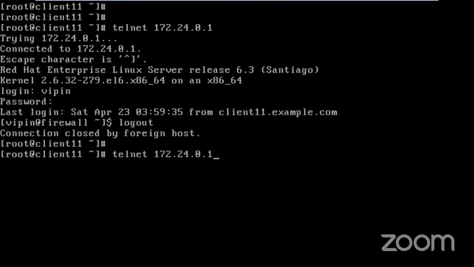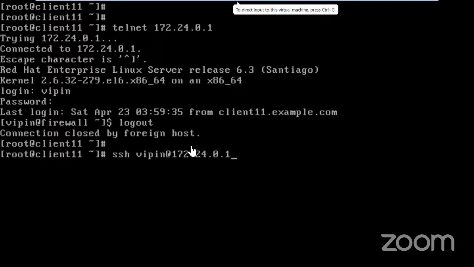Now let us check the SSH. Now please remember, because your workshop is regarding security, telnet is not the recommended protocol for accessing a remote system, because telnet sends the traffic in clear text. So whenever you are using the cloud or remote management of servers, you should always use SSH. SSH means secure shell. It sends the traffic in encrypted form, so nobody can have access to this traffic.